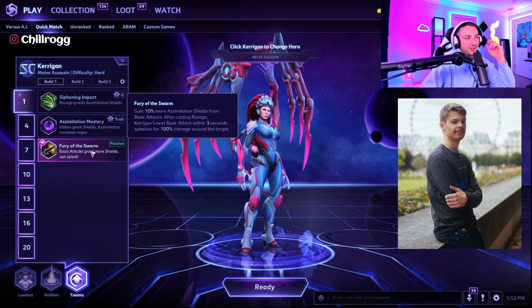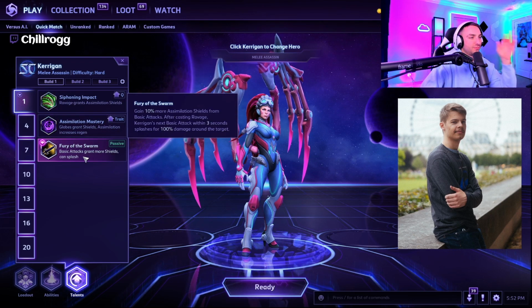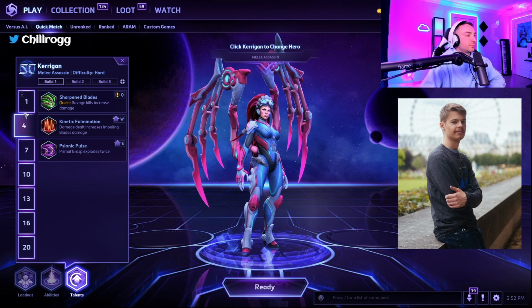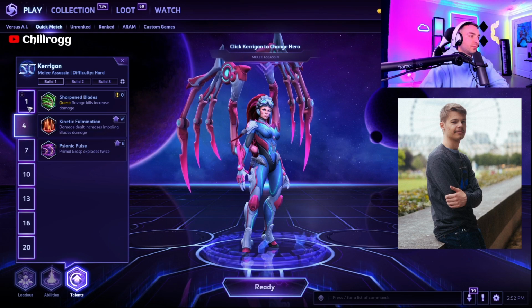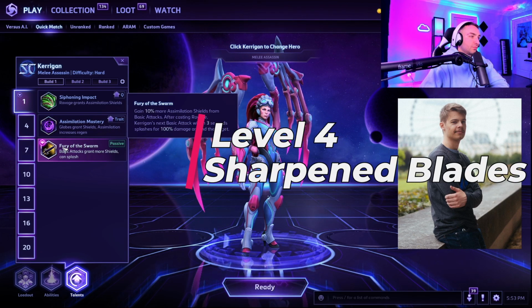Would you say this is an auto pick at level 1? Do you ever consider the others? It's absolutely mandatory, I think. Because it just helps you so much with the wave clear. And that's important also because you then can stack your level 4 faster, the Q,